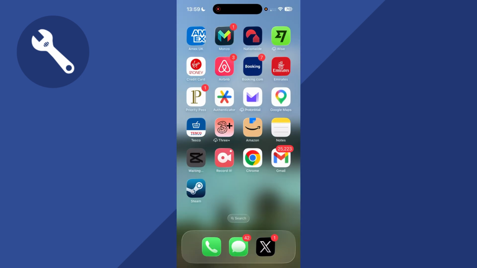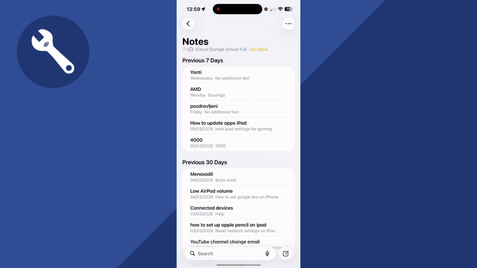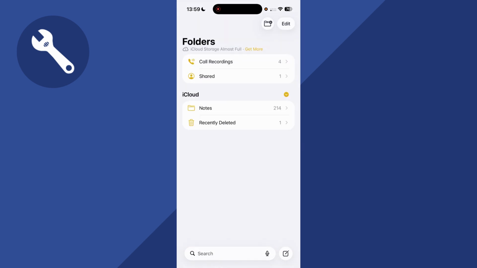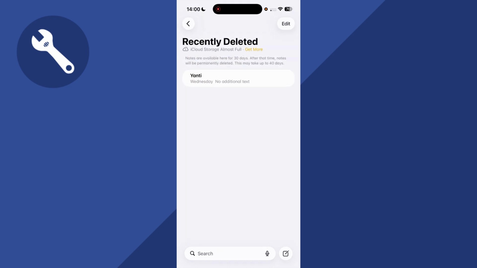Now the first thing you can do is just go and open up the Notes app and then click on the back arrow in the top left hand side. Now underneath iCloud you'll see this folder called Recently Deleted. Click on this, and if there's a note that you've deleted within the last 30 days, you'll see it in